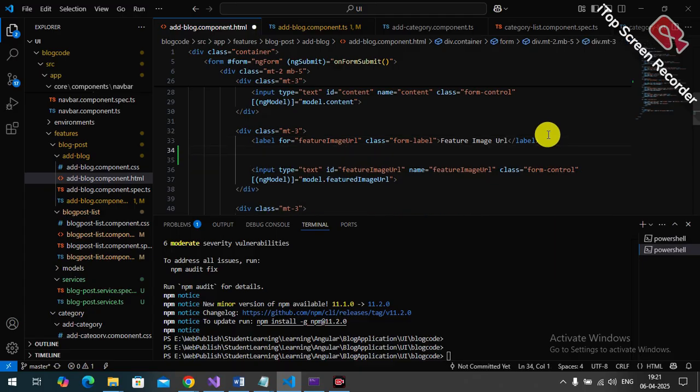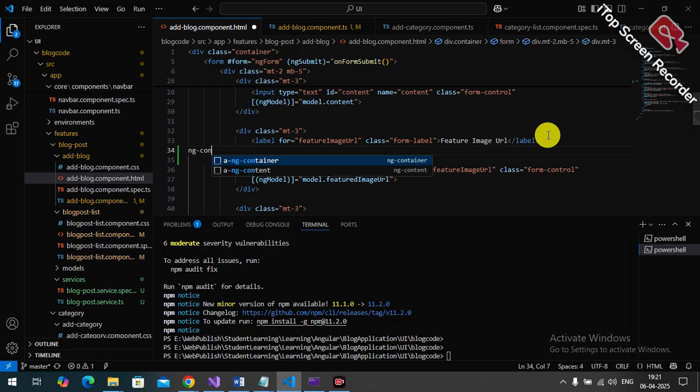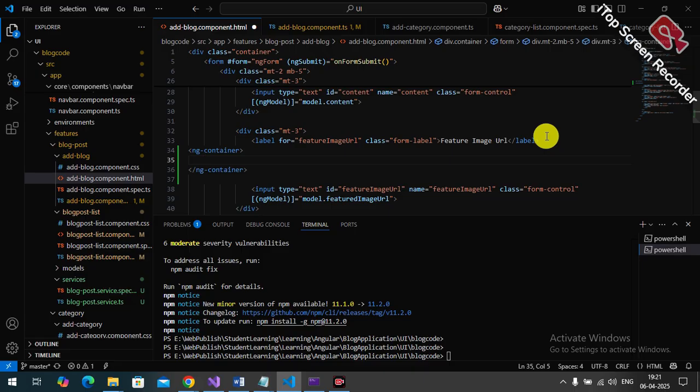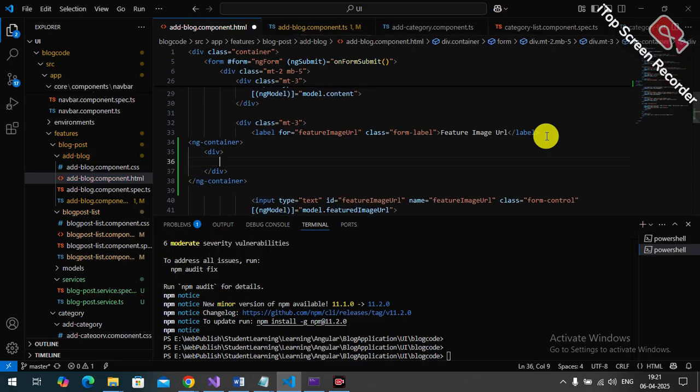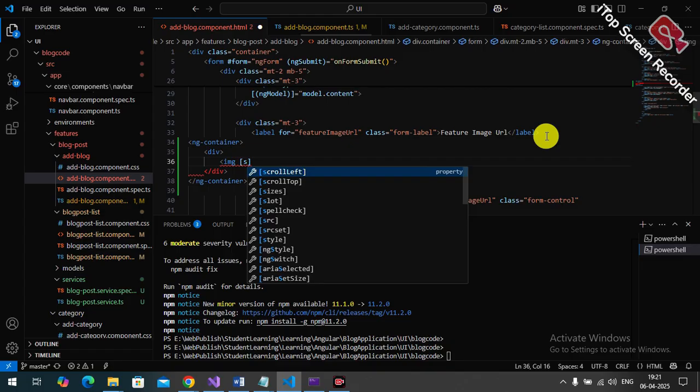So let me add here one ng-container, and in that container I will add a div, and that div will contain an image with src in square brackets,